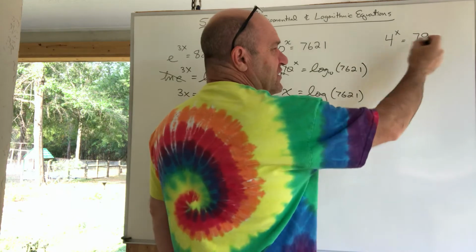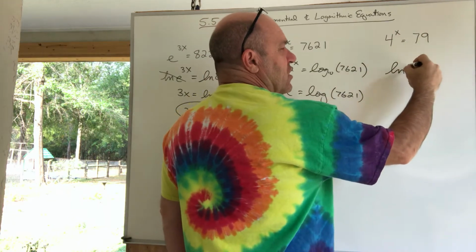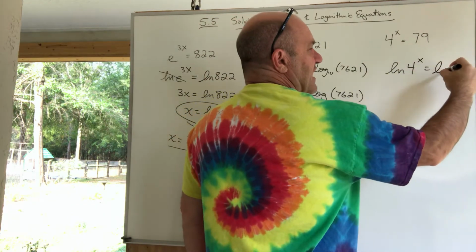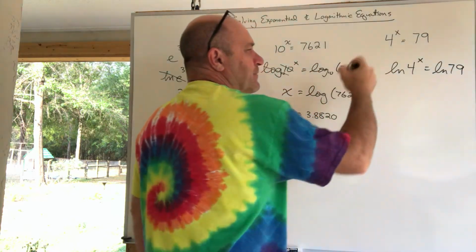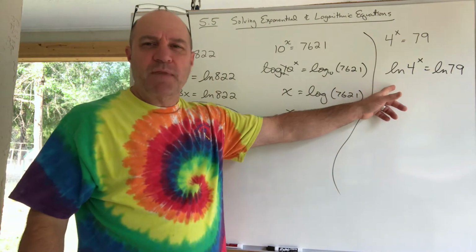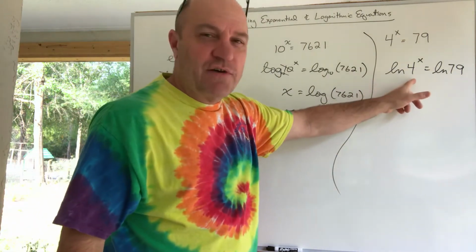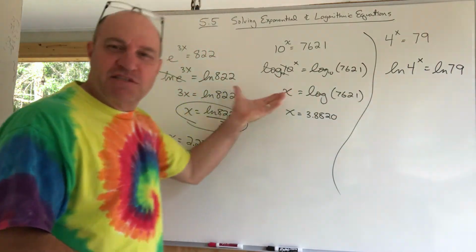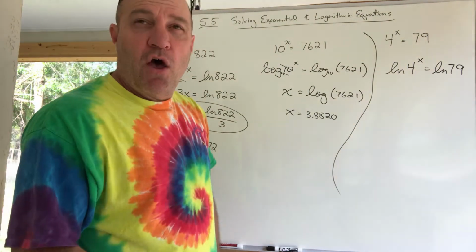So if I do the natural log of both sides, I'll do the natural log of 4 to the x and the natural log of 79. So I'm solving this equation. Now the natural log won't kill the base. They won't cancel each other out like my previous examples. But